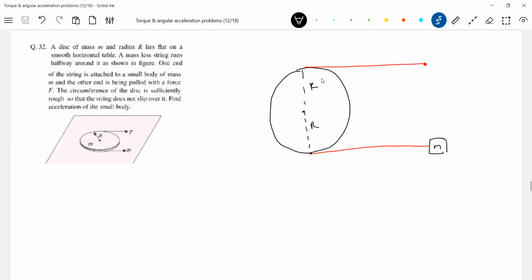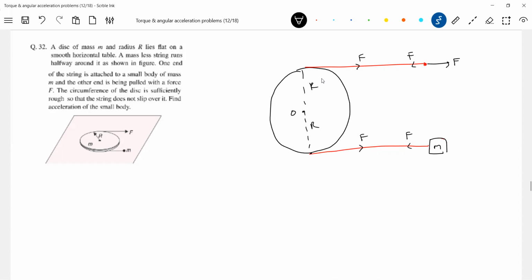And now we applied a force F. The force F I'll show by an arrow, because this is the external force we applied. What force we applied, that will be the tension. Go back to the laws of motion idea. That tension will act. So no problem showing F like this, and the same F should act here. And now what will happen to the disk? Look at the disk. Is it free to move? Yes, it is free to move.